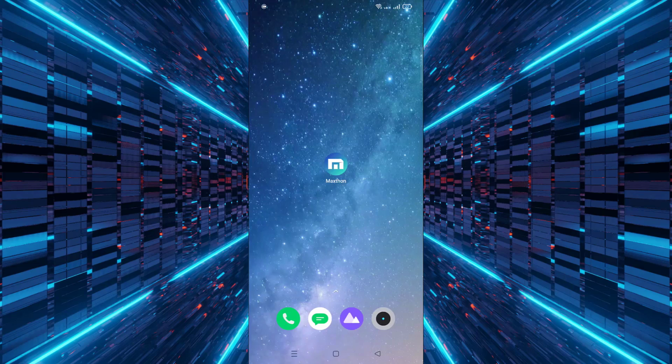Today we are going to explore how to customize the web view in the Maxthon browser on mobile devices. If you want to make your browsing experience smoother and more personalized, first, open the Maxthon browser